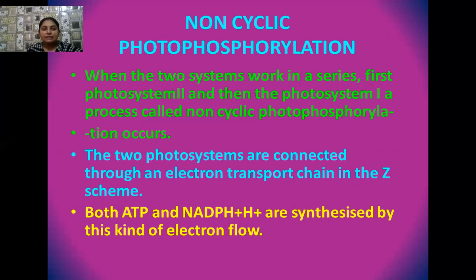And this NADP plus contains an enzyme, NADP reductase. This NADP reductase finally helps to accumulate these electrons. They want to consume these electrons. This addition of electrons is known as reduction, and this NADP plus molecule finally reduces to NADPH. So in this way, the electrons start their journey from P680, but later accumulate at NADP plus, which is the last electron acceptor of P700, and they get consumed. That's why it is known as non-cyclic photophosphorylation.